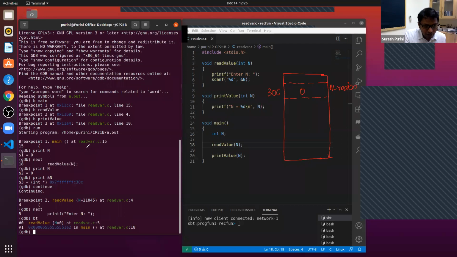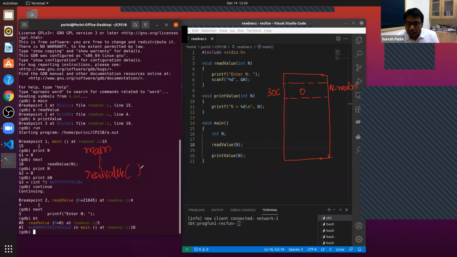Notice one thing. Forget about backtrace and just follow me. When we were in main on line 17, the function read value was not active. After we called it, read value has become active.